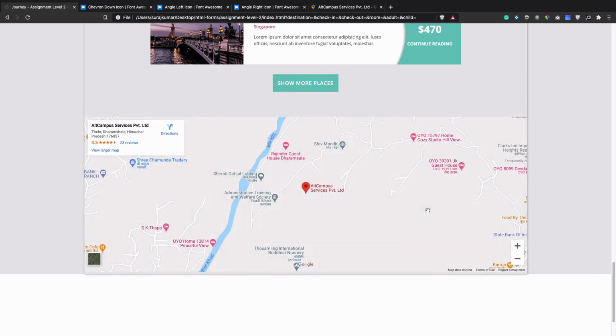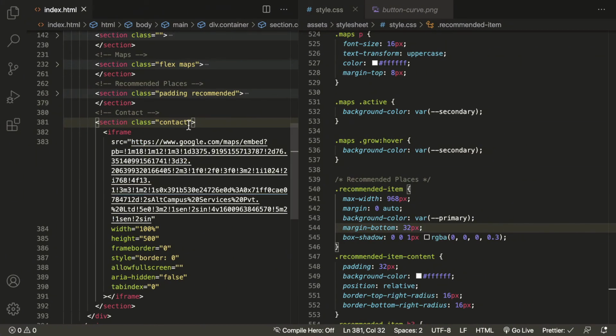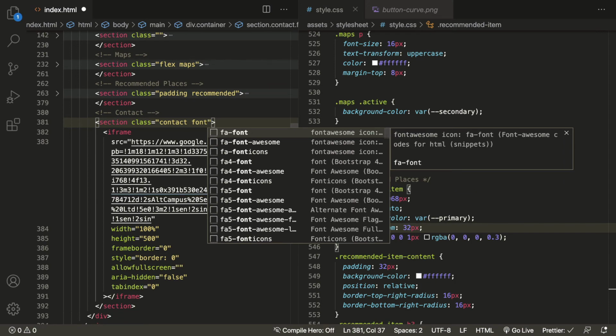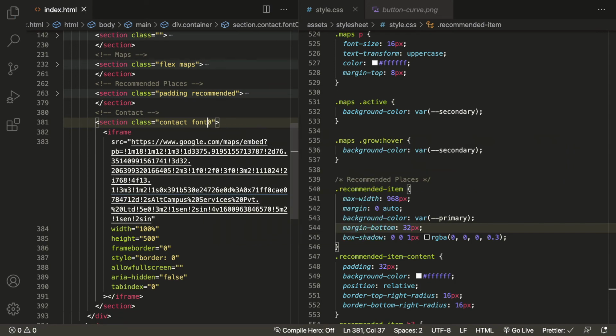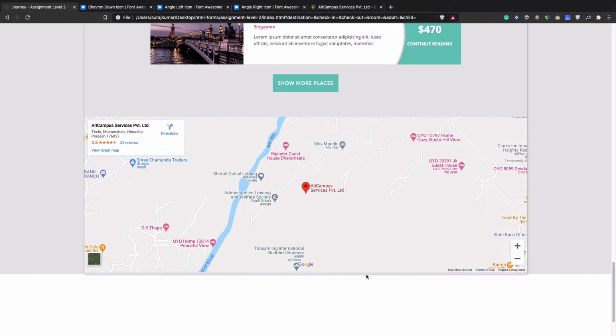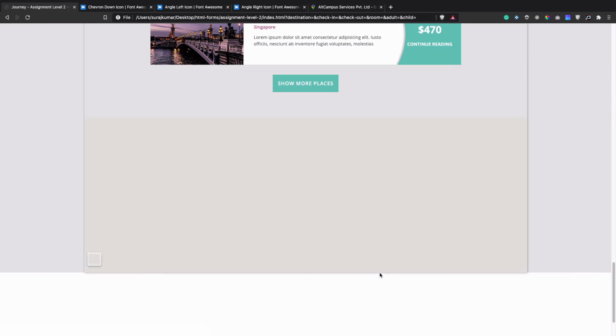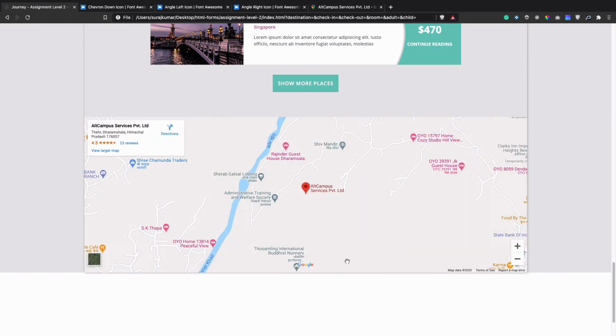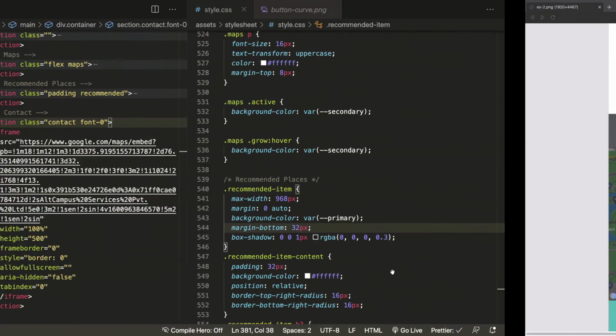Okay, and thereafter again let's apply font size 0, font 0 to remove the bottom gap. Yeah, and iframe is also an inline level element, so that's why it inherited the line height. That's why we saw that small gap due to line height. Now after this,